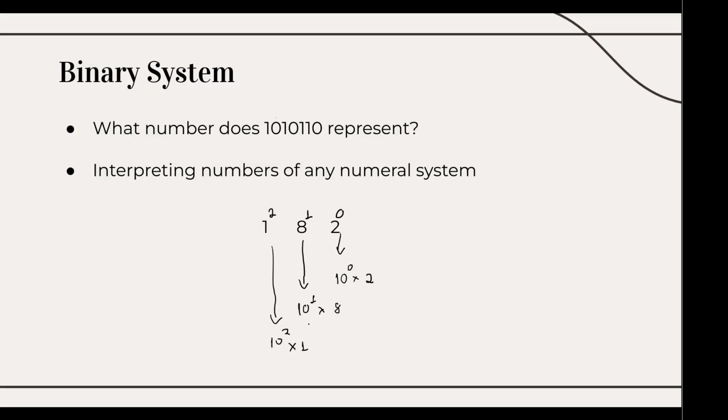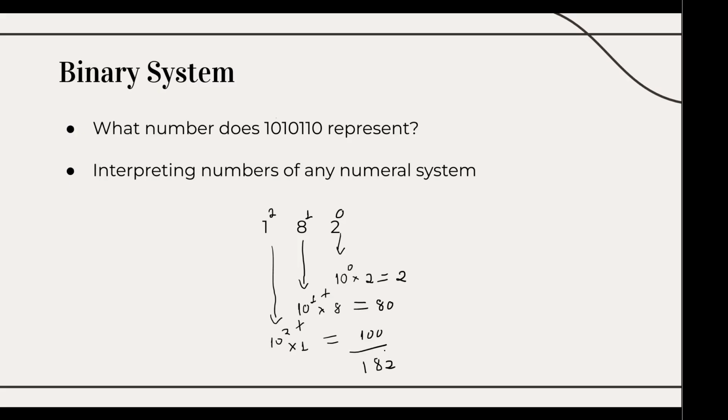So if we make the sum of these three numbers, we would have 10 to the power of 0 is 1, times 2 equals 2. 10 to the power of 1 is 10, times 8 equals 80. And 10 to the power of 2 times 1 equals 100. And there we go. If we sum 100 plus 80 plus 2, we get